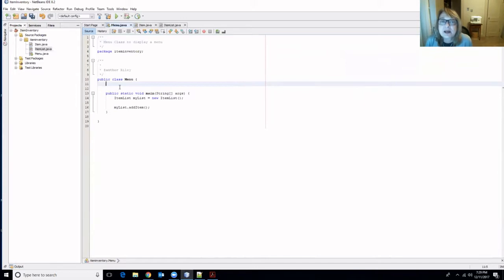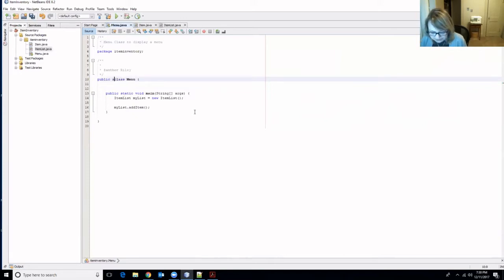Now, just to make our lives easier, because we're working with our main in this class, we're going to make everything static. And remember, the keyword static gets introduced to you so early in Java that it doesn't really mean a lot to you. But what we're saying is that we're working with,